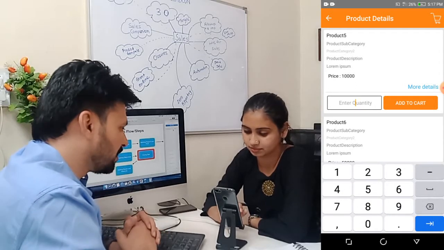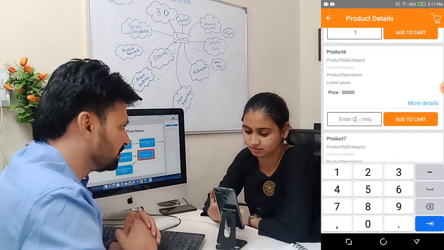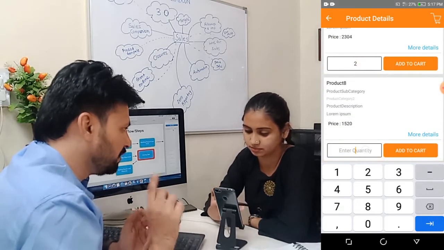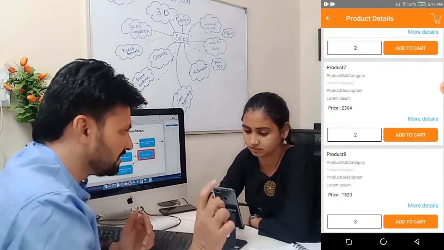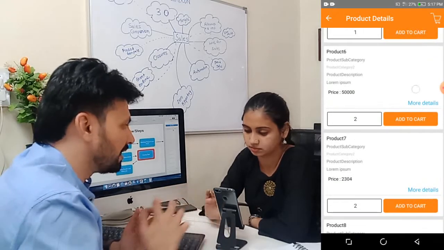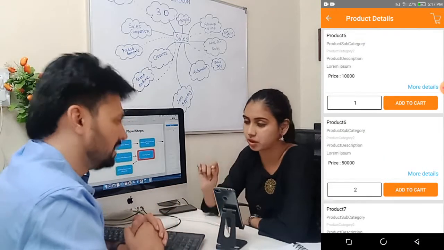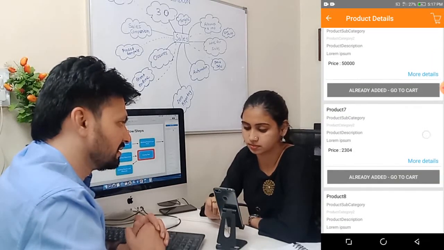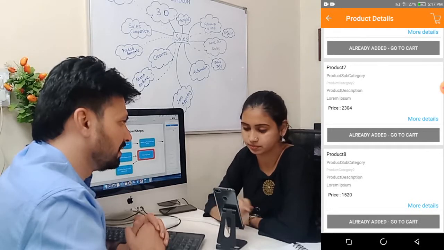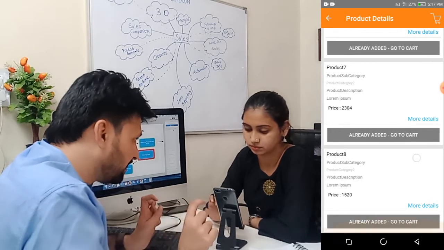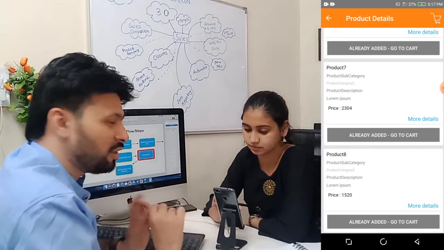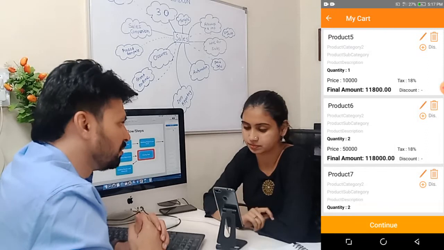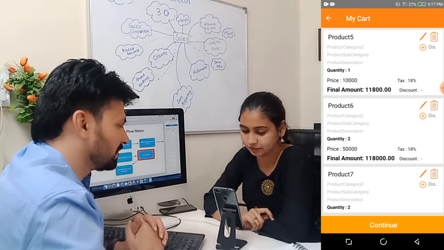Now we send a quote via quantity, so you can go and pick up a product. Under the quantity, you can put in the quantity that you want to give the quote for. After you have added the quantity, just next to it, say add to cart. Each product, yes. Add to the cart. Now the add to cart button must have turned grey. So you can either click on that, or you can also click on the cart at the top right corner. Are you able to see all the products there? Yes. Even the tax, 18%.